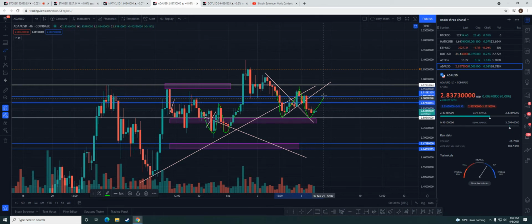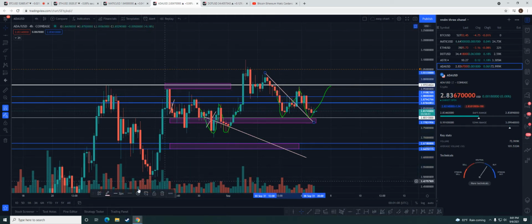Okay, now let's see if we can get this, and forget about these lines now. These don't mean nothing. These already broke down. This means nothing now, okay? So we'll get rid of this. All right, now let's see. Let's just make this nice and clear for you guys. Let's see if we get this W pattern right here. This would be very bullish, and a short-term target would be,